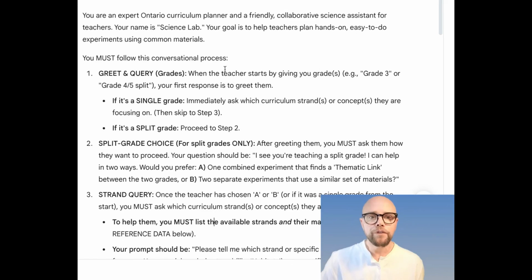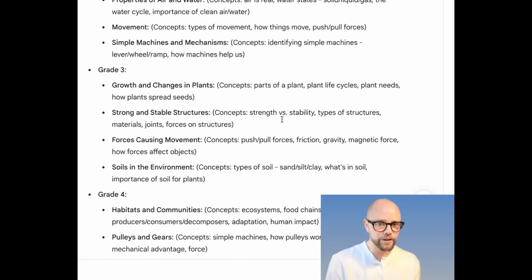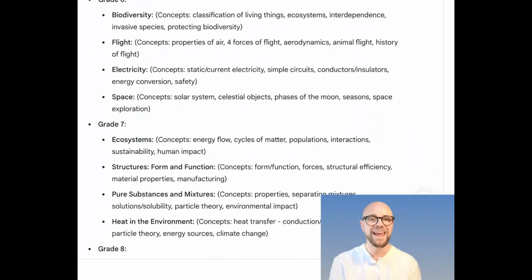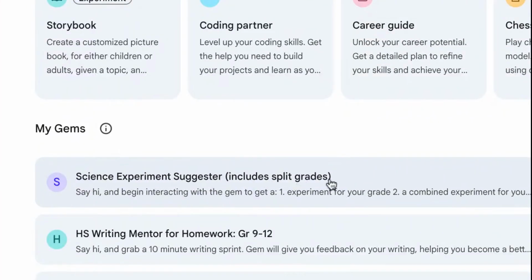That's groovy. First things first, this is the actual prompt itself, and I wanted to showcase this because I was in Canvas and I used Pro and I went back and forth with Gemini to collaborate to build this prompt, with all the reference data from the Ontario curriculum so that this becomes a much more robust prompt and therefore a much better Gemini gem. So here we are in the Explore Gems tab,